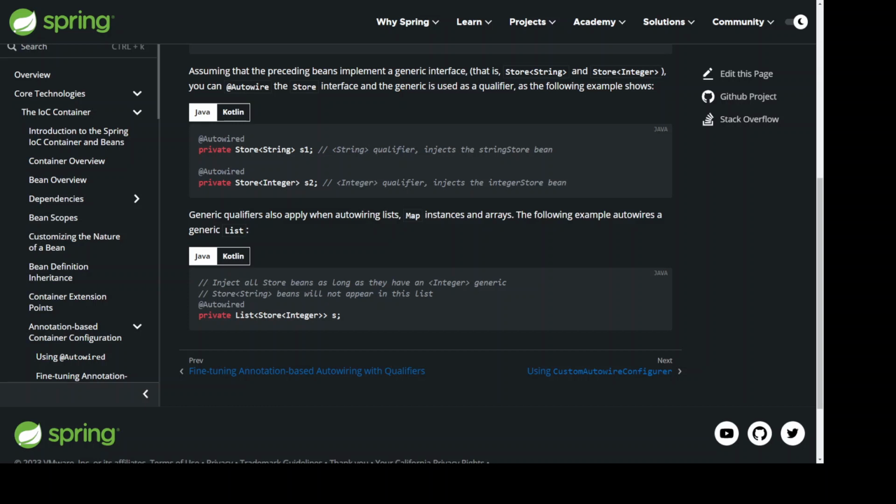Generic qualifiers also apply when autowiring Lists, Map instances and arrays. The following example autowires a generic List. // Inject all Store beans as long as they have an <Integer> generic. // Store<String> beans will not appear in this list. @Autowired private List<Store<Integer>> s;